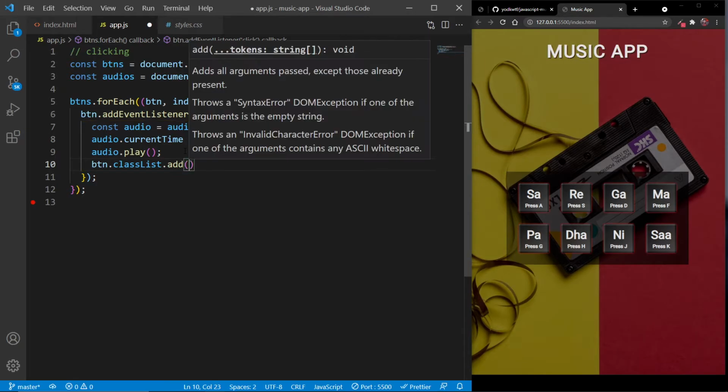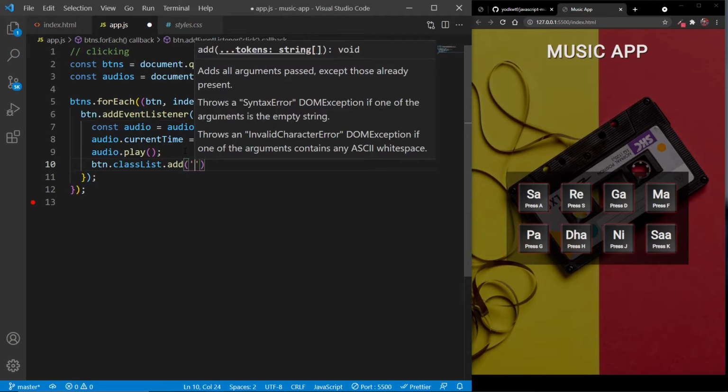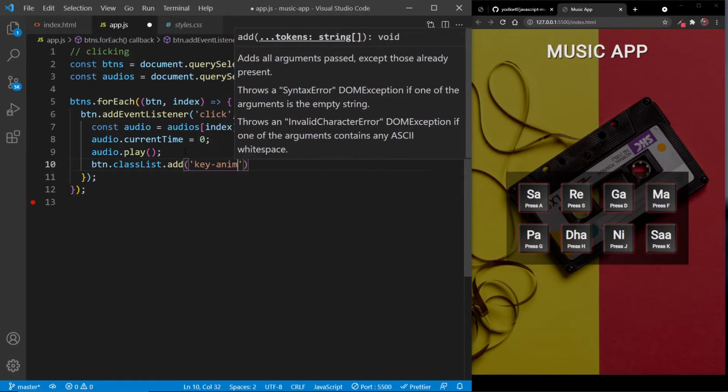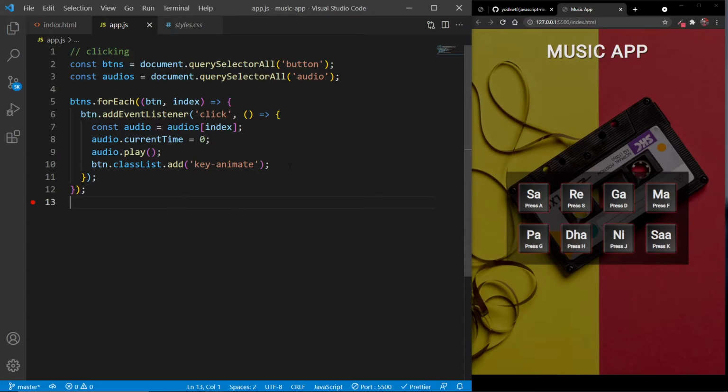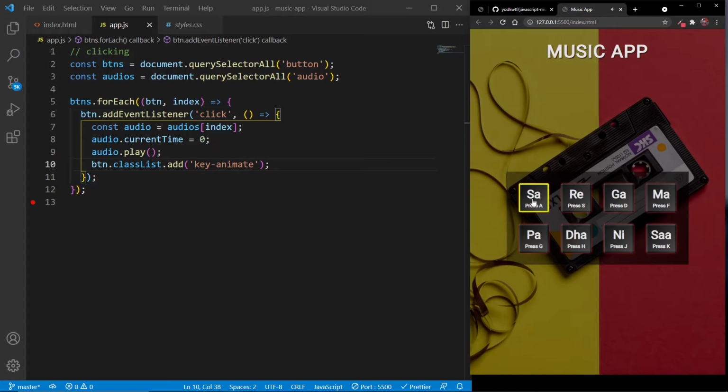The class we're going to add is key animate. There is still one thing that we have done wrong, but let me first show you what happens when I click on any of these. So you can see we are animating it and adding the border, but we are never removing it.